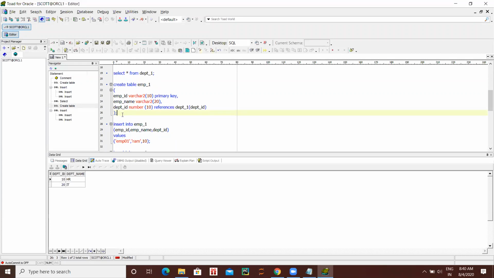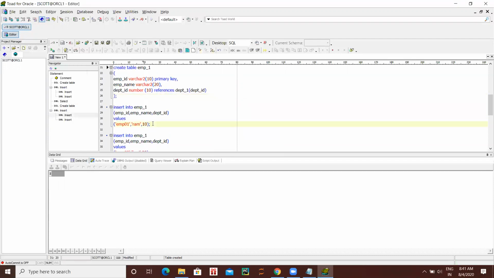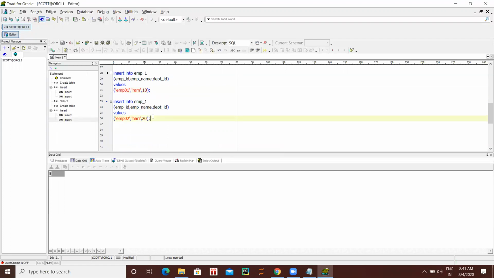This is the syntax to create the foreign key. Department ID, number 10, referencing which table? It is referring to the department table, department ID. Now run that. Now this table is created. Now insert. One row inserted. Now insert the second one.